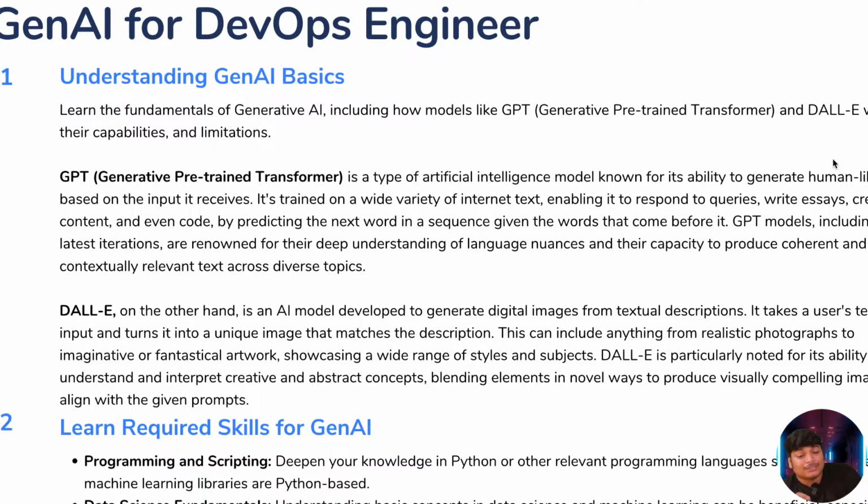Okay. Now this includes anything from realistic photographs to imaginative or fantasy artwork, showcasing a wide range of styles and subjects. Okay. Now DALL-E is particularly noted for its ability to understand and interpret creative, abstract concepts, blended animals and novel ideas, to produce visually compelling images that align with the given prompt.